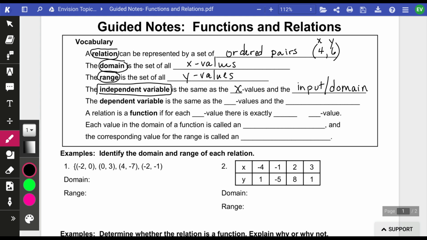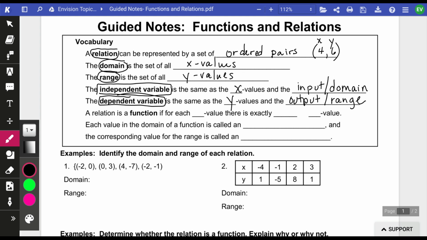So that's your independent variable. Dependent variable, on the other hand, can you guess? It's the y value. It's also known as output or range. Hopefully those were just review words, and this helps set us up for what we need to do